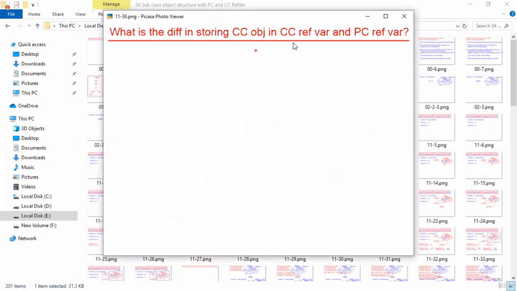This point we need to write. Please write on this question: what is the difference in storing? Write on this question.